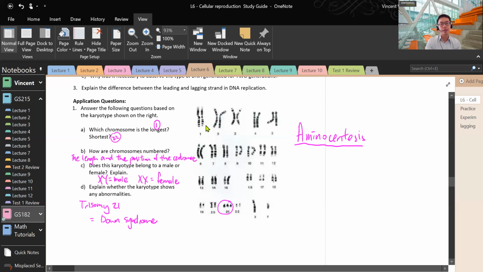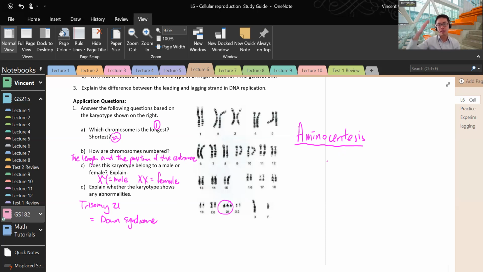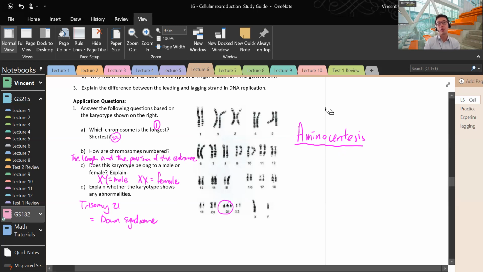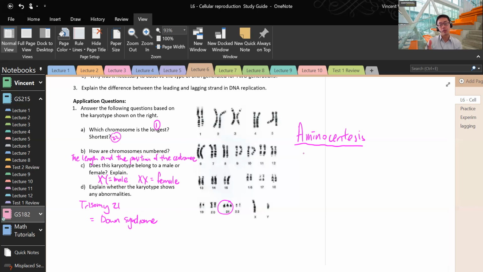And create a karyotype. Okay, so trisomy 21 is only one of the diseases that can be screened through amniocentesis. I think there is a total of maybe 11 to 13, I forgot which, conditions that can be screened this way. The advantage of this is that it can be done earlier in pregnancy, and so if the person decided to perform an abortion, for example,